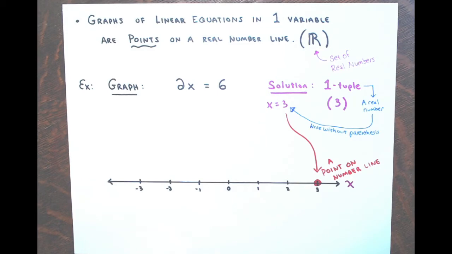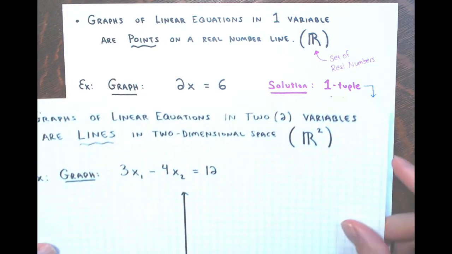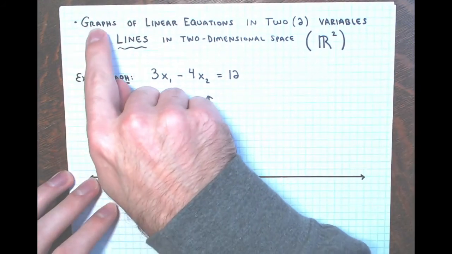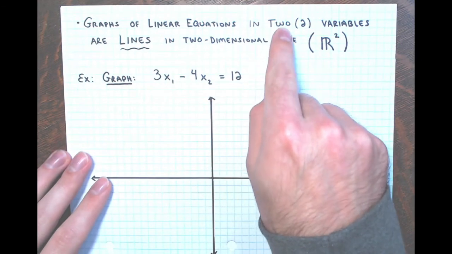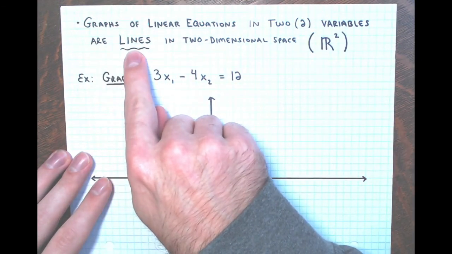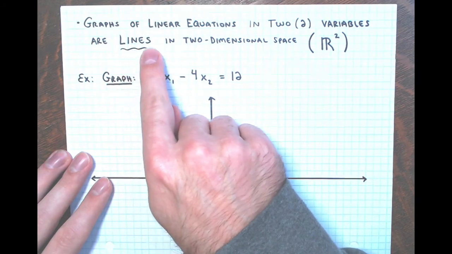All right, and I'm going to go to 2 dimensions, right? Two number lines, 2 variables. And you're going to see that when there are more variables than equations, you're going to have infinitely many solutions, right? So that's what we got here. Next, we're bumping it up a dimension. Right? So graphs of linear equations in 2 variables are lines, not just single points like the last one, in